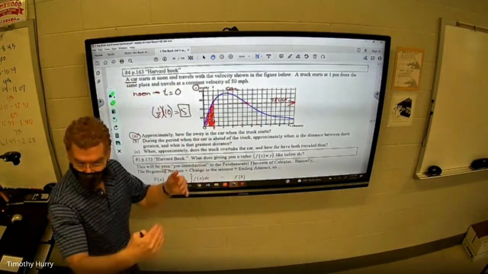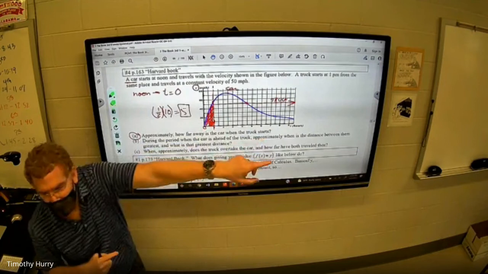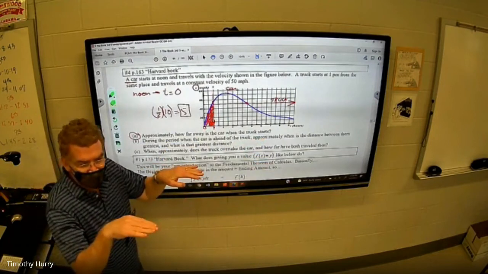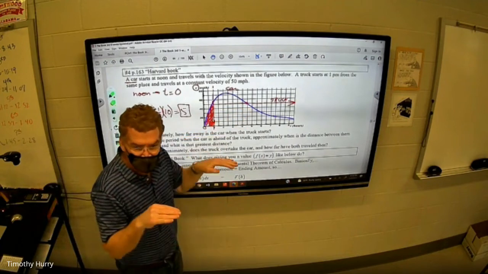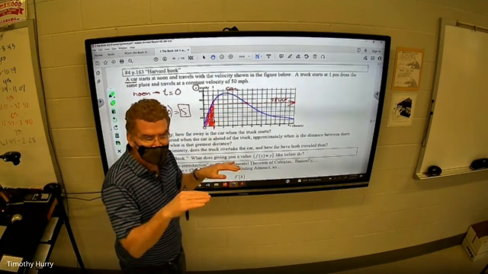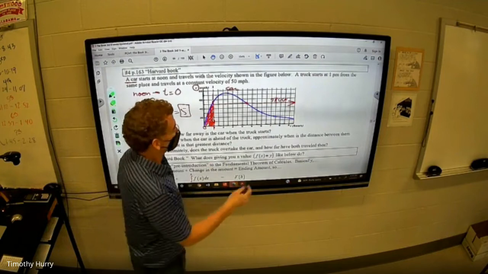But at this point right here, what happens? They're going the same speed. Now, the truck's way ahead, but now they're going 50. And then what? It's now going a little slower. Once it's going slower, what's the truck going to do? Start the process of catching up. So right here,